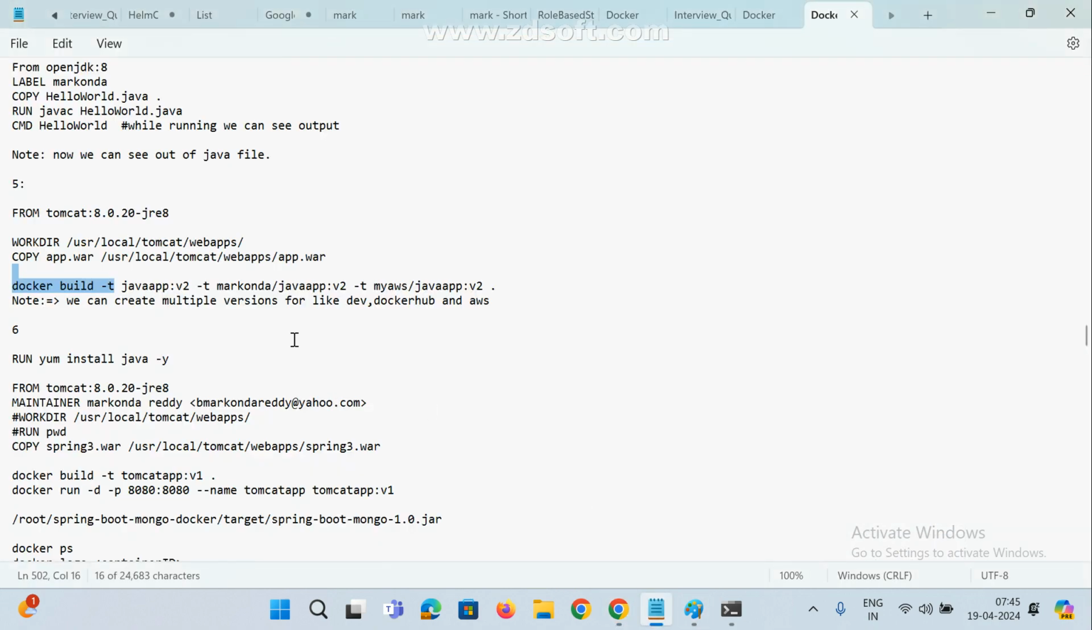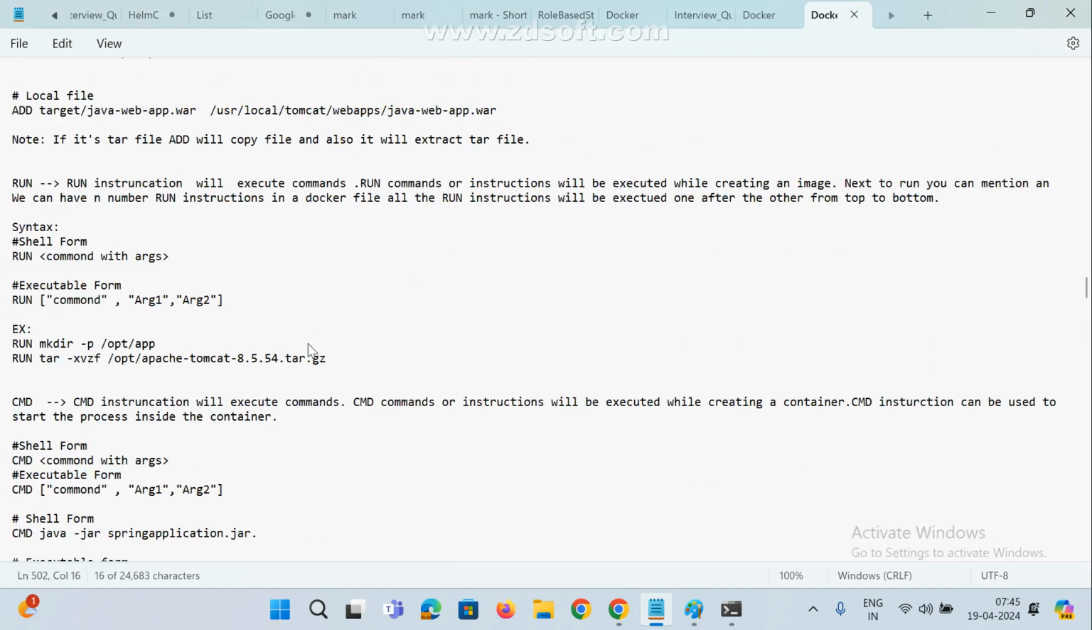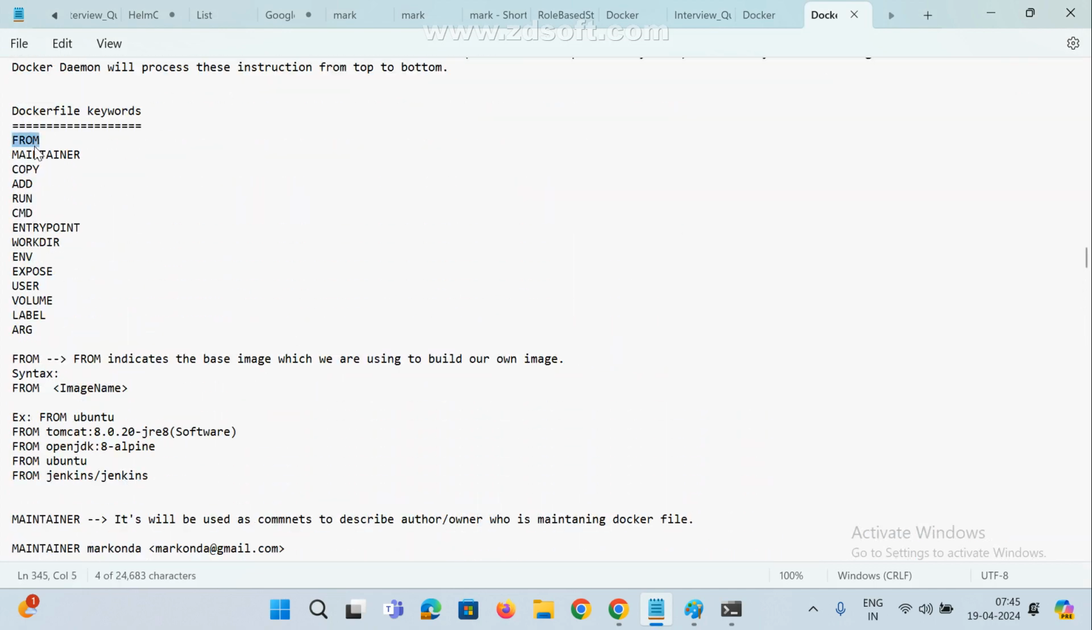Now come here. See here, this is the one instruction, FROM. Mostly in every Dockerfile we see this keyword, mandatory. FROM is nothing but the base image. See here, FROM indicates the base image which we use to build your own image. Suppose you want to create your own image, which is your base image? Without an image, we cannot build your own image. That we mention under FROM. See here: FROM Ubuntu, FROM Tomcat,